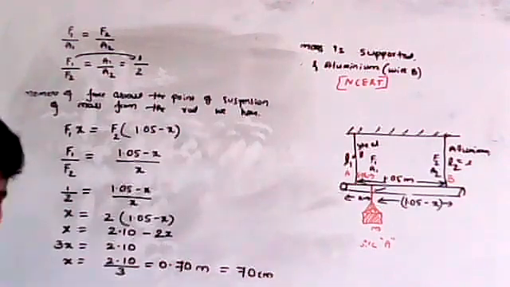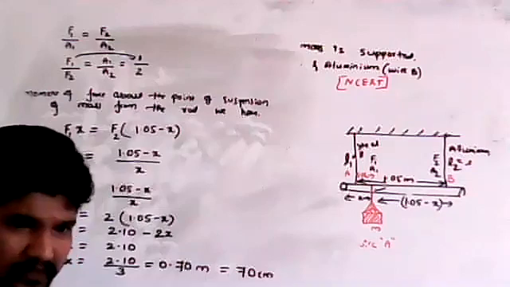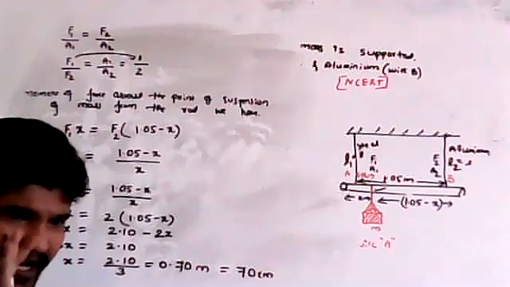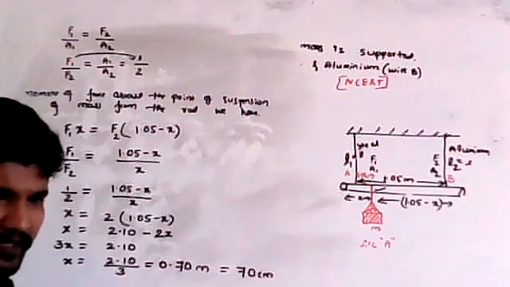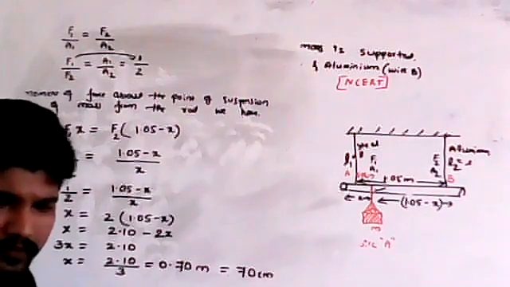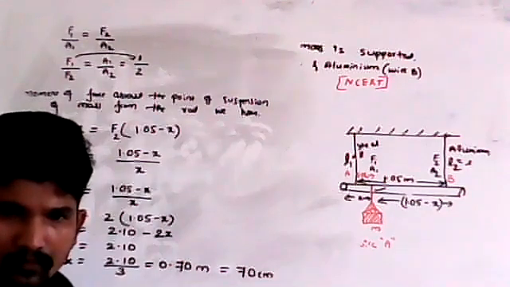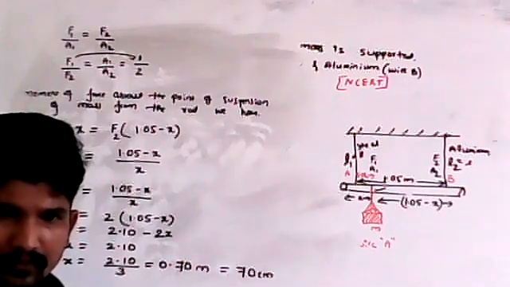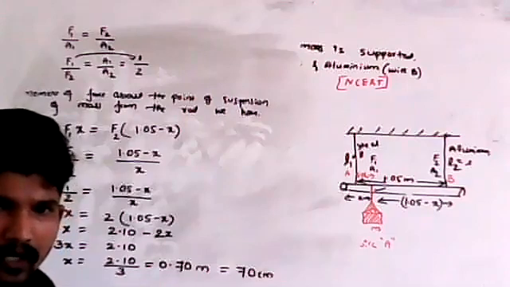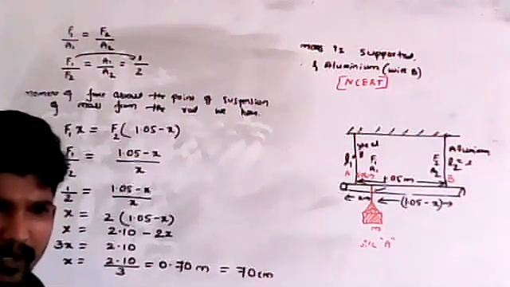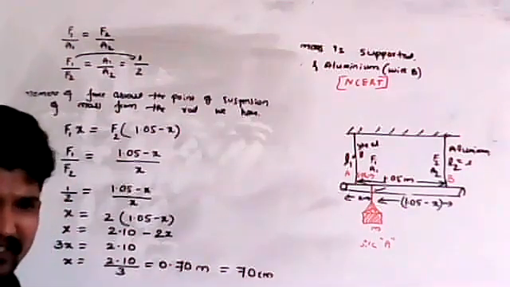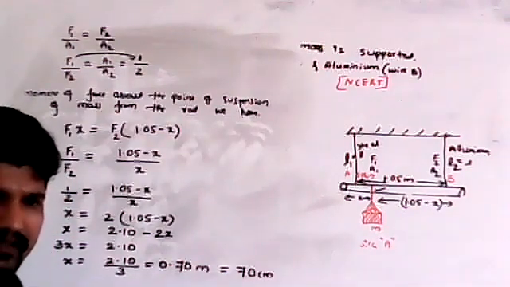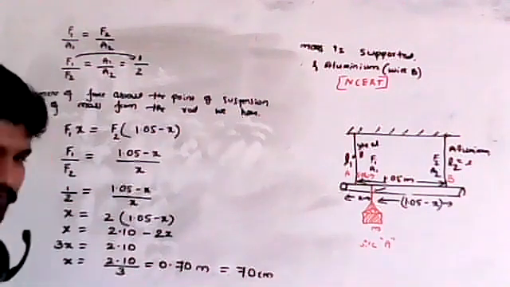Is it clear? Any doubt regarding this? Each and every step I have written. So simple steps. Clear, students? Can you do the second part of this? Because the strain is equal, they told. Same thing as what I wrote. Stress is equal to what? F by A. In the same way, you have to do the strain.